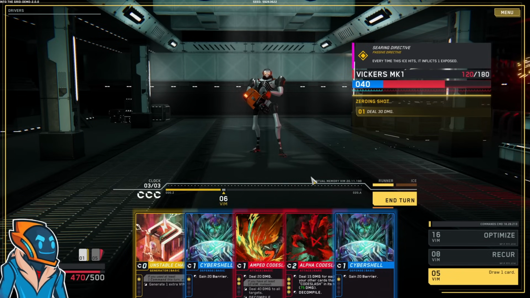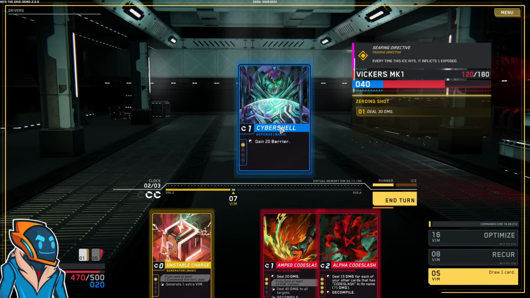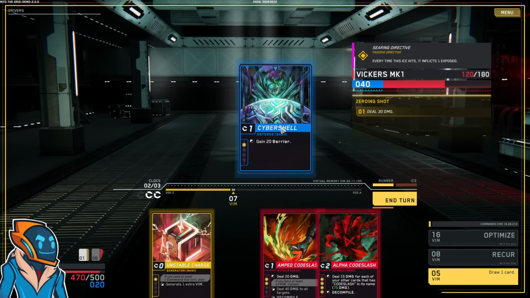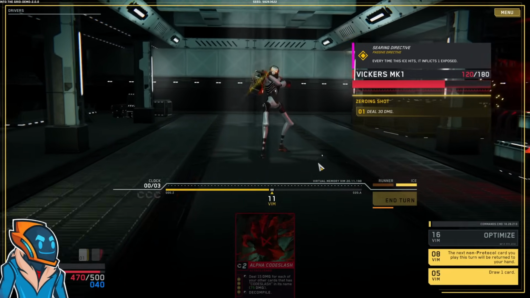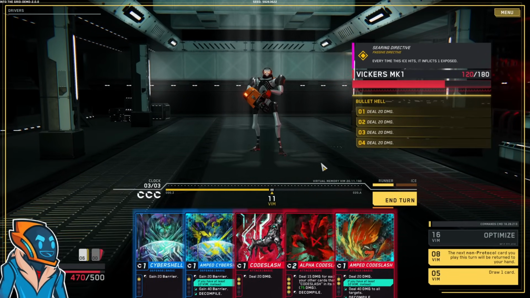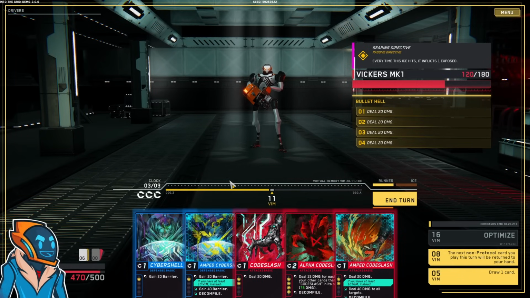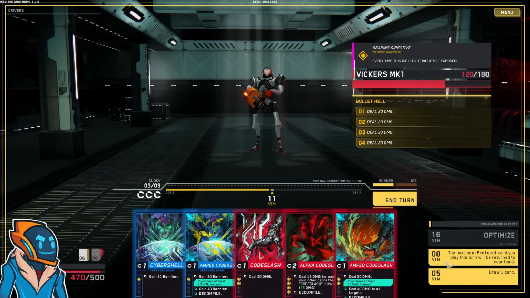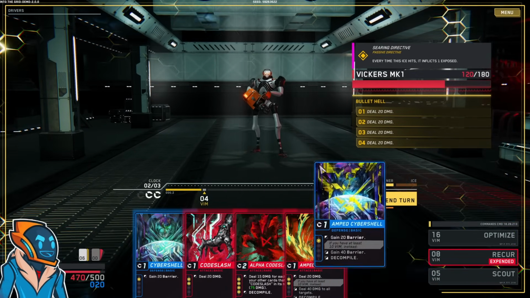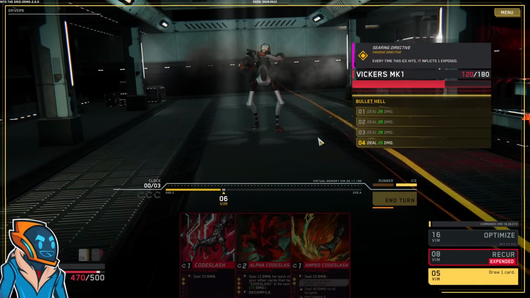Okay. He's gonna do 30 to me. I can wait on the alpha code slash, because my goal is to take as little damage as I possibly can. Okay. So that is 80 damage flying my direction, which, yeah, not super happy about that. Here's a question. If I do that and amped Cyber Shell, I mean, it's kind of nice. It actually means that I can...